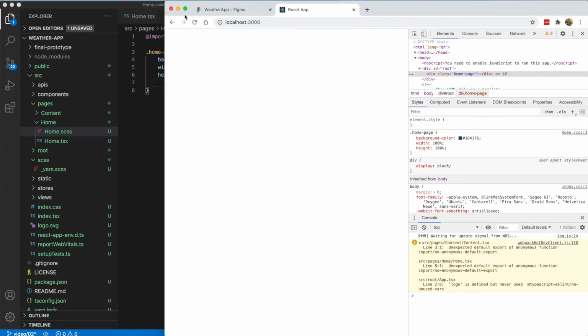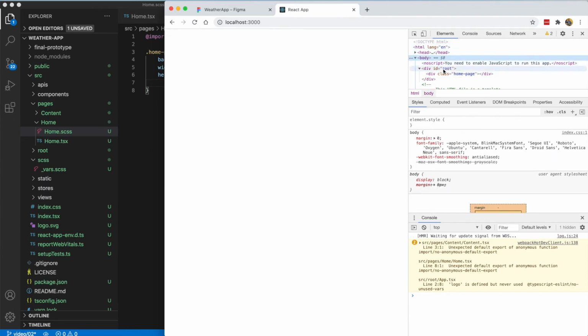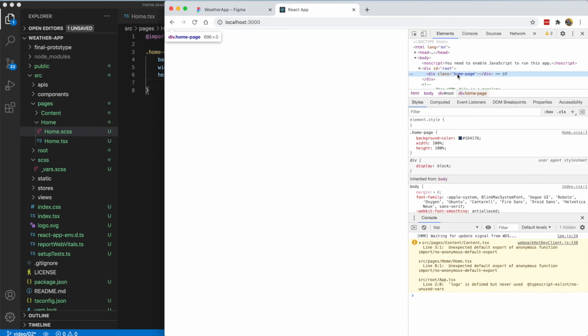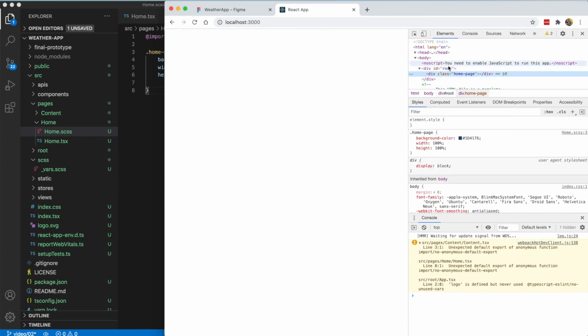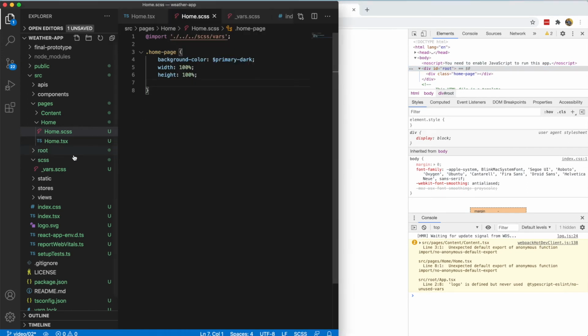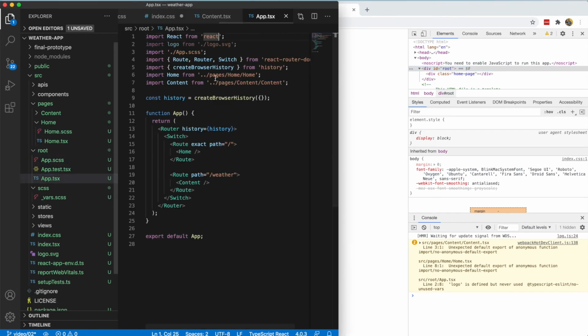But what you would notice is nothing really has happened. So if you open the dev console here and go to the elements tab, we can see we've got our body, root, and then the home page. And what the numbers at the top left say is that it's 696 by 0. So the 0 is actually the height, so it's width times height, and the height is 0. So why is that? Well, our root is also 0, so 100%, which is the home page, is 100% of 0, which is still 0. So what we need to do is update our app component to make sure that it spans the entire page,